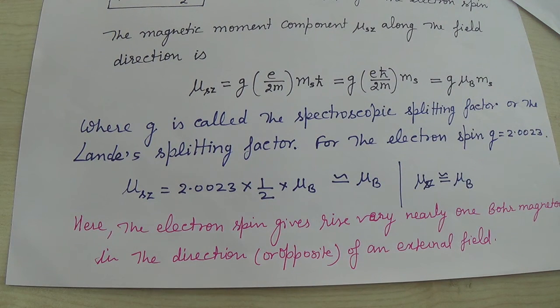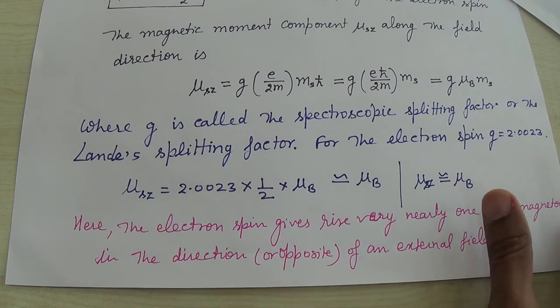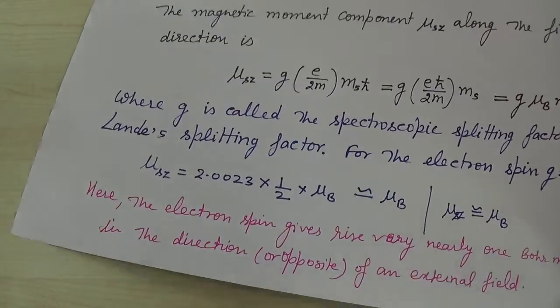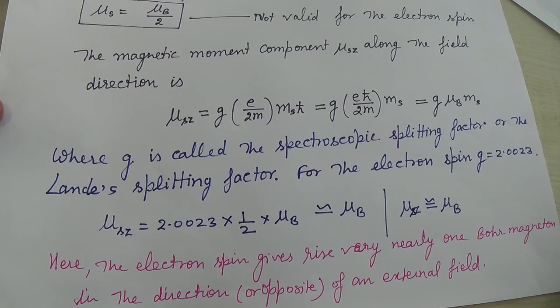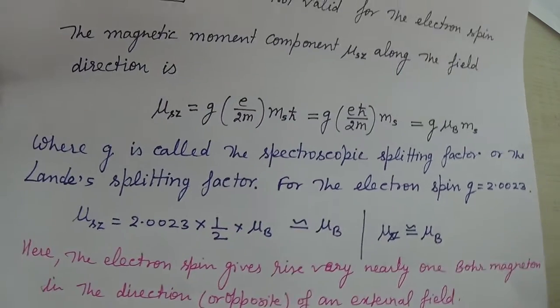So in the presence of an external magnetic field, the spin angular momentum contribution also plays an important role, because in this calculation we have seen that the magnetic dipole moment is equal to the Bohr magneton. The value of the Bohr magneton is small, but it matters to some extent on the atomic scale. In this way, one can calculate the magnetic dipole moment because of the spin of the electron on its axis.